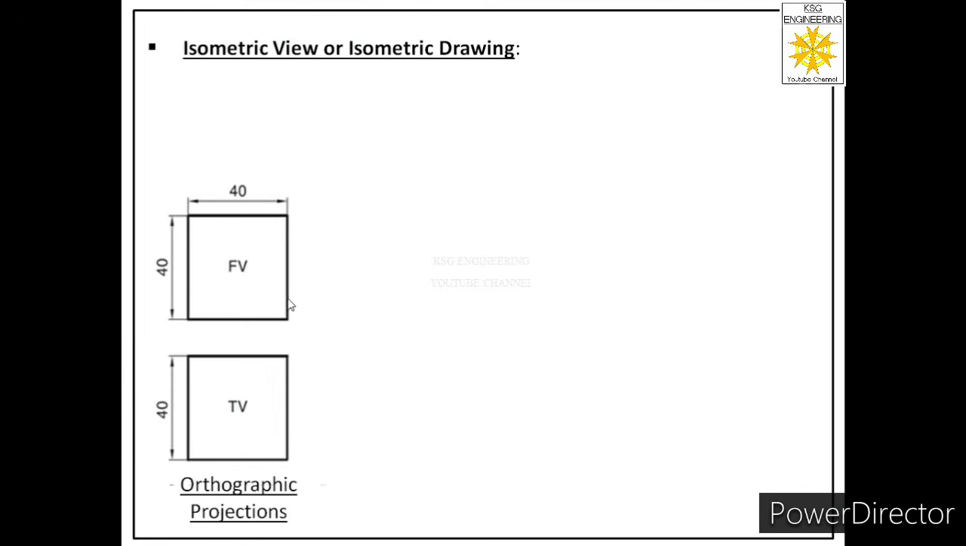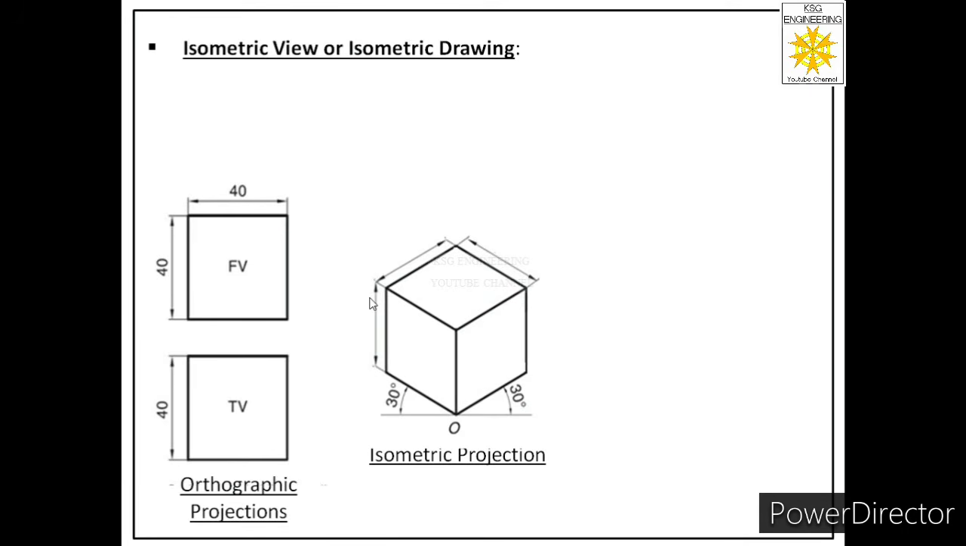Over here we have orthographic projections of a cube. So this is the front view, which is a square, and this is a top view, which is again a square, and the size of the cube is 40 millimeters. Now if I have to sketch isometric projection of this cube, then first of all I have to reduce the size to 82%, and that will be 32.8. So I will sketch isometric projection, but in that projection I will take the length of each edge as 32.8